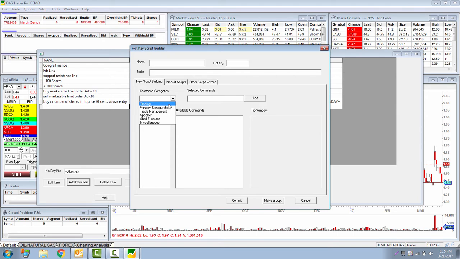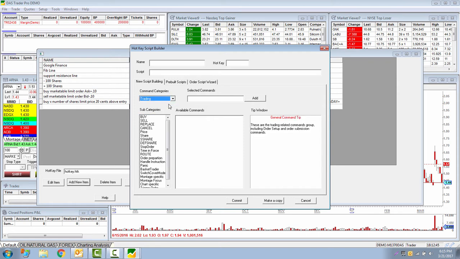We want to discourage any kind of creativity when it comes to hotkeys, because hotkeys are really important to know, and you don't want to incorporate something that you may think is right, or that you may have seen somebody in some chat room do, when it has to be vetted by the software company. It has to be supported by the technology, the programmers that have built this software. There's a communication between the growth and the product knowledge, and so it's very important to translate what the oracle, or the developer of DAS, communicates,